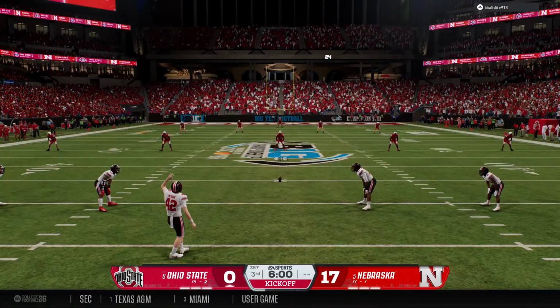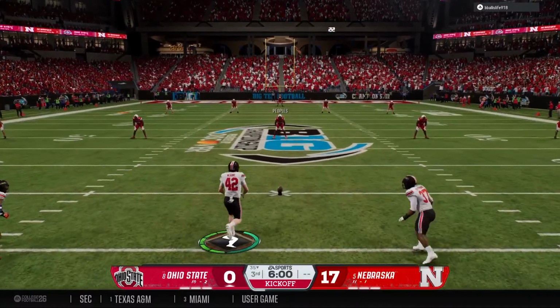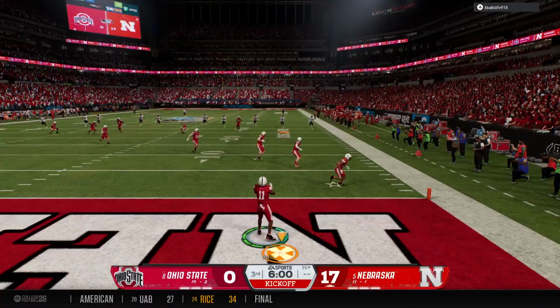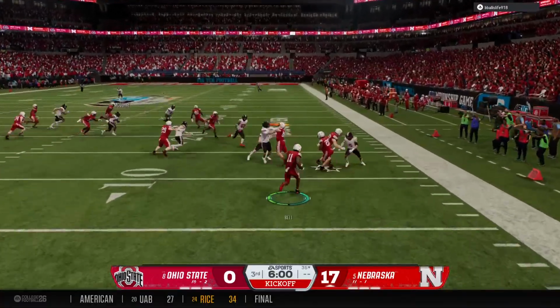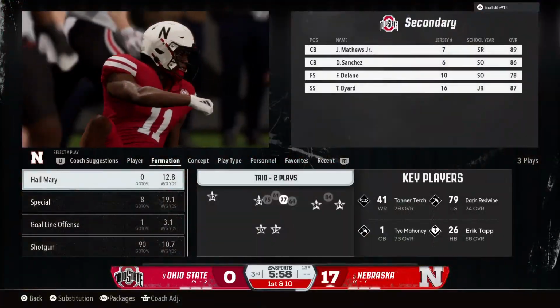Buckeyes will kick it off to begin the second half. Bringing it out, it's Bell. Tackled at the 12. The coach wishes he left that one in the end zone.